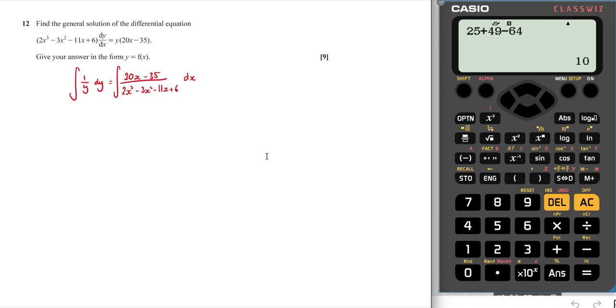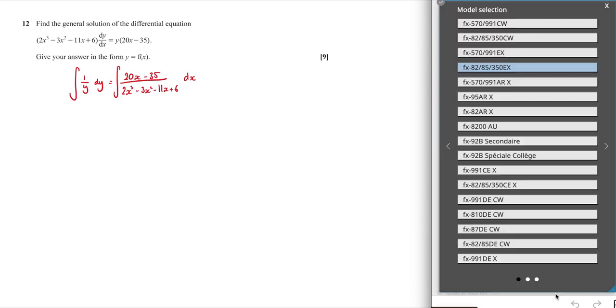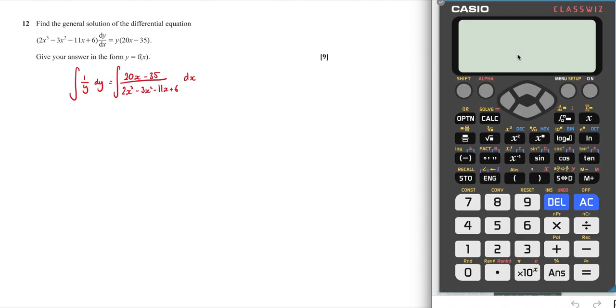The right-hand side's not great. I probably should have found a more appropriate method. So I want that version of the calculator, and I want to double check what's going on in the denominator of this, because I think I'm going to go partial fractions, and I'm going to check this